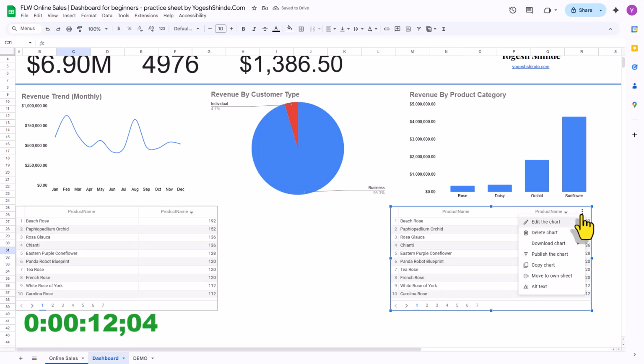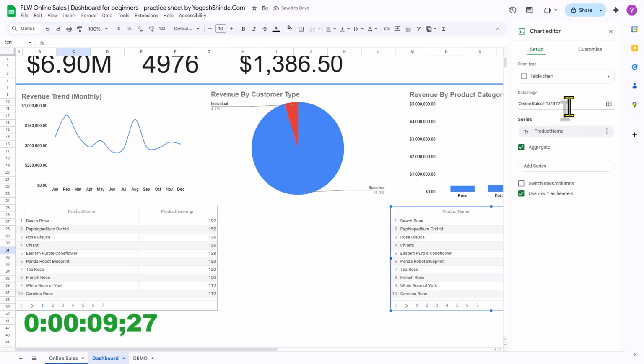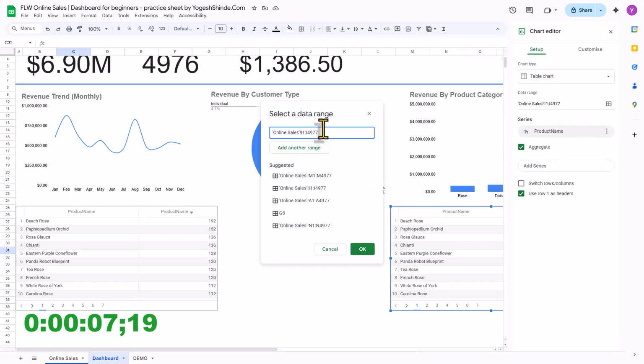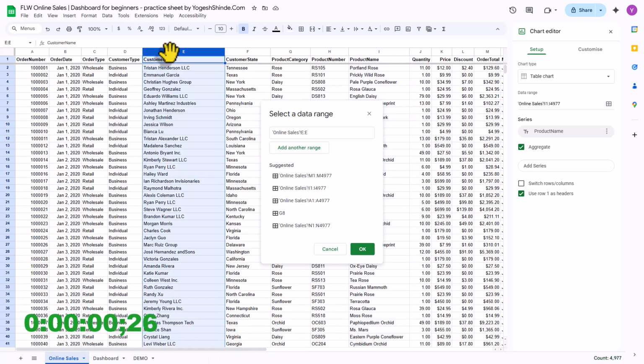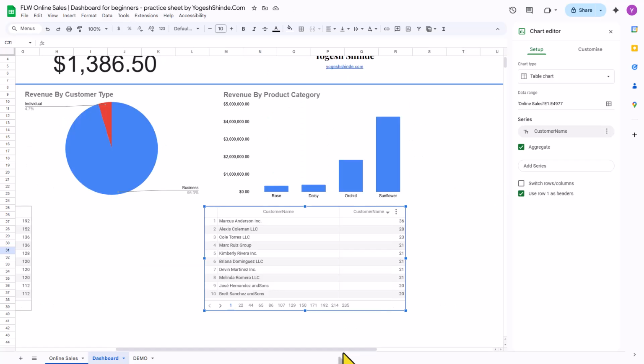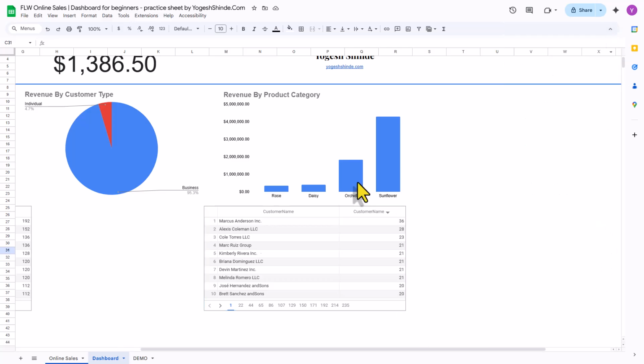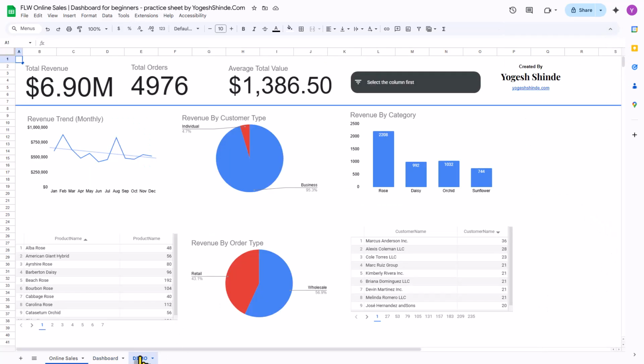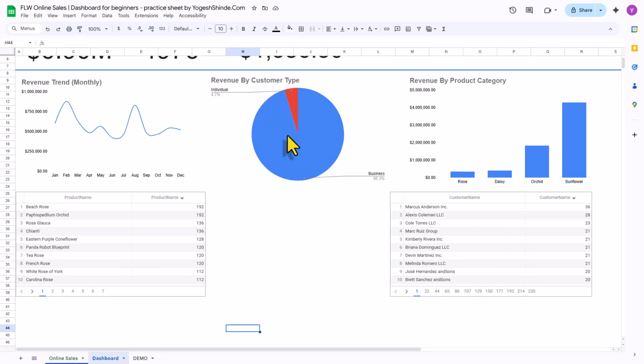Click on three dots here, then edit the chart, and instead of I column I will select customer name from the online sales tab or sheet starting from E1 to E. Click on OK and we can see our top 10 customers here. Let's close it. So our next chart is revenue by order type, and for that I will just make a copy